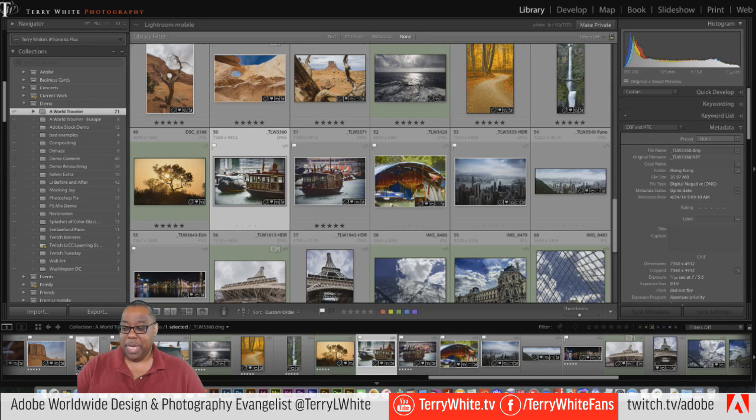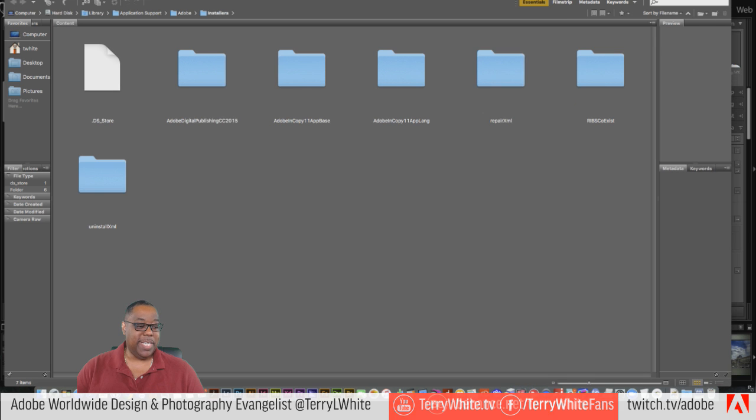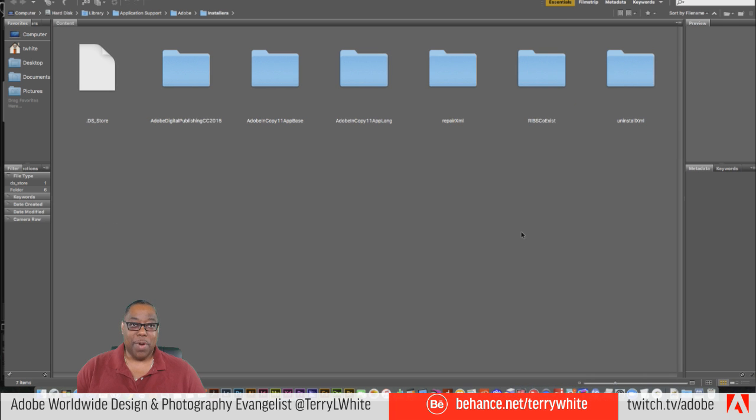All right, so I'm in Lightroom, but I'm actually going to switch over to Bridge first. So let's go to Bridge. Now, Bridge is and always has been a file browser. And that's really the definition that sets it apart from Lightroom. Lightroom is managing photos or picture formats using a database called a catalog. It's your Lightroom catalog. Bridge, on the other hand, is simply looking at what's in a folder and showing you